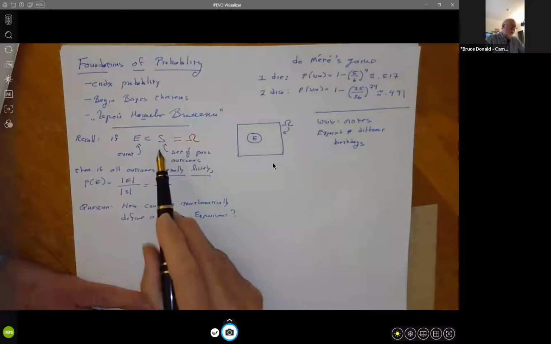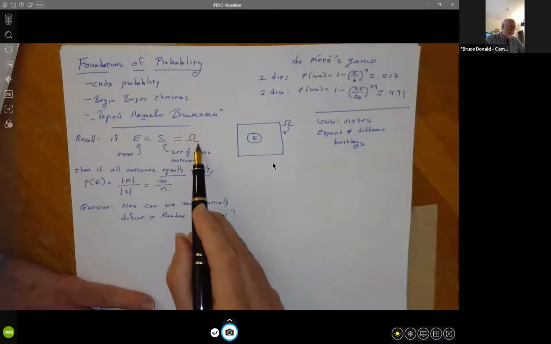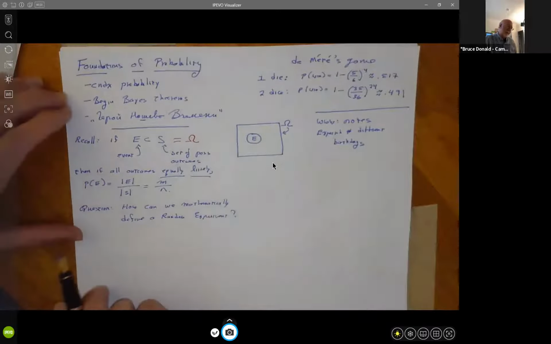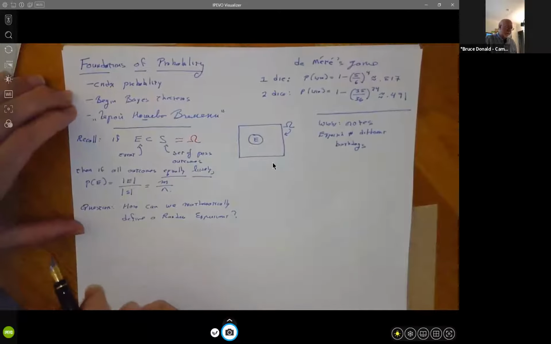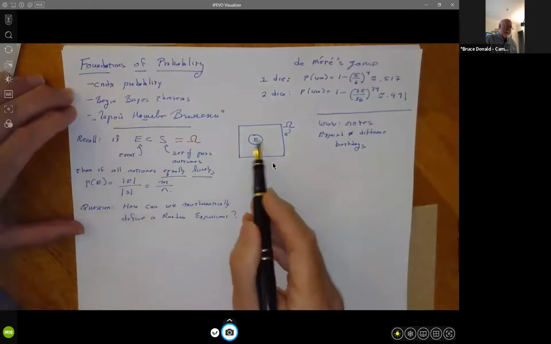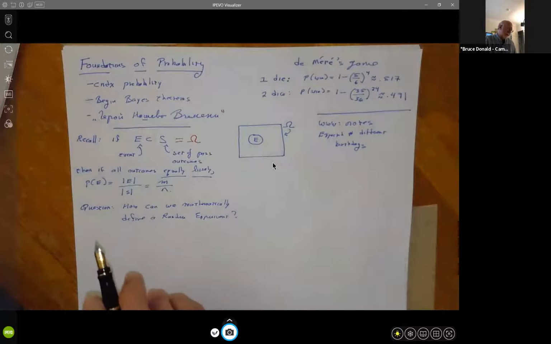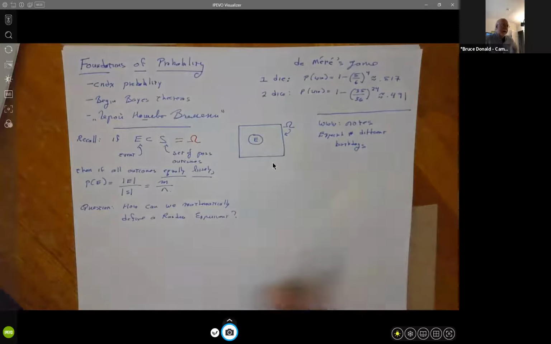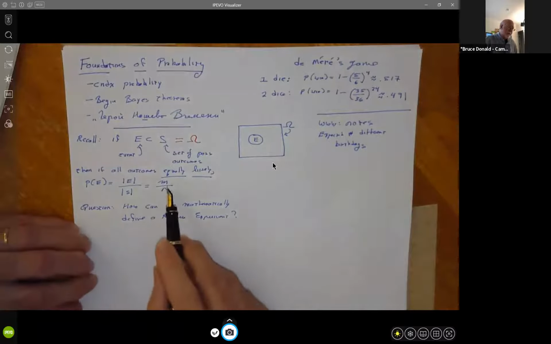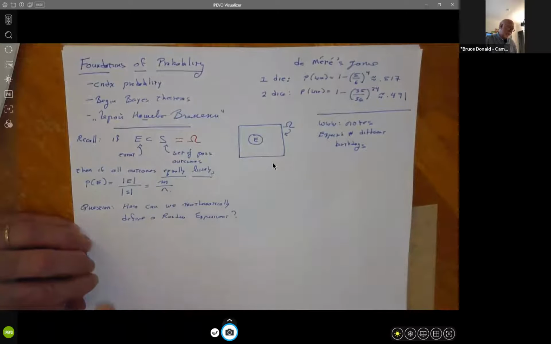Now, I called this S before, but I wanted you to know that in probability theory, this is usually called omega, the big Greek letter. So I'll use omega mostly here henceforth. Now, an event is simply a subset of all the possible outcomes. So this is a set of outcomes omega. An event is a subset. And if we're interested in knowing how likely it is an event will occur, it's basically the size of the event relative to the entire space. And if these are discrete sets with size m and n, it's basically the ratio of m over n, assuming that all outcomes are equally likely.